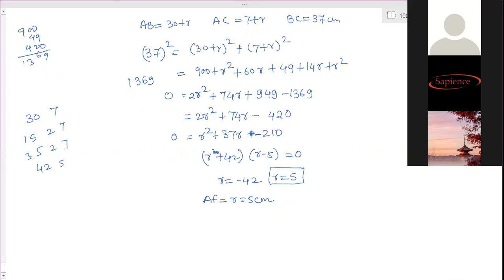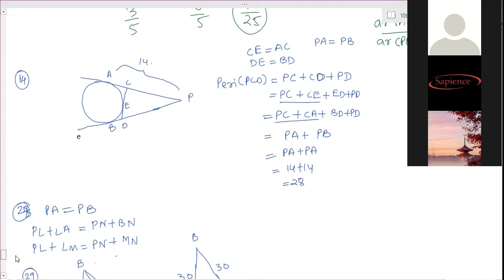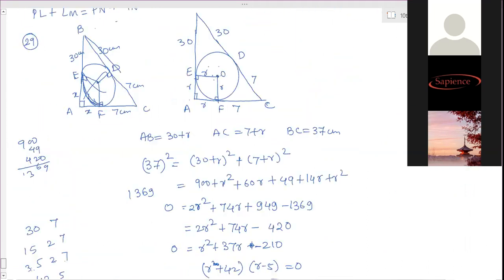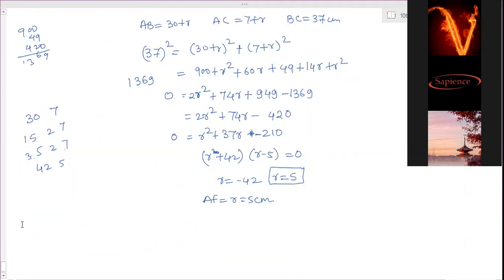Okay. After that 14th one, the 15th I told you to solve? No, 14th, ma'am. After that 15th one. Try the 15th one. BC is 6, AB is 8. So find AC first. And then, you were explaining the 13th one, right? Yes, 13th one, right.